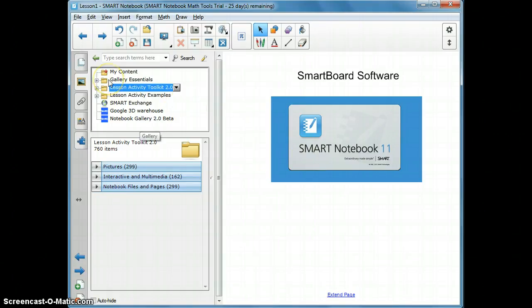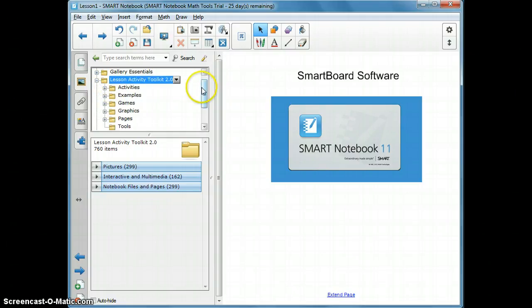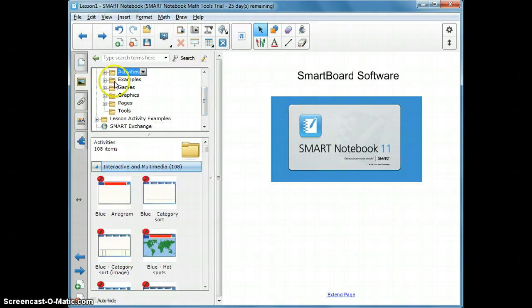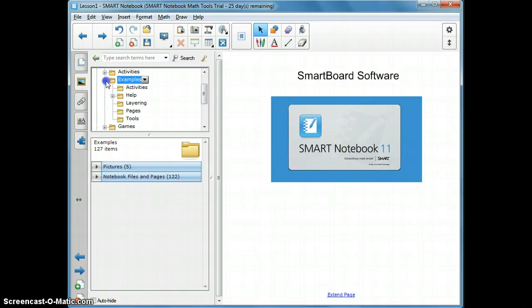I do want to bring to your attention there are a lot of free tools for the Smartboard in general, but some of them come built in. The Lesson Activity Toolkit 2.0 is a very useful tool. It's been recently added to the software. And again, it's kind of outside the scope of this lesson, but you can drill down just in the basic Windows Explorer format here of folders, and you press the plus sign and it opens up more folders, and you can look through all kinds of